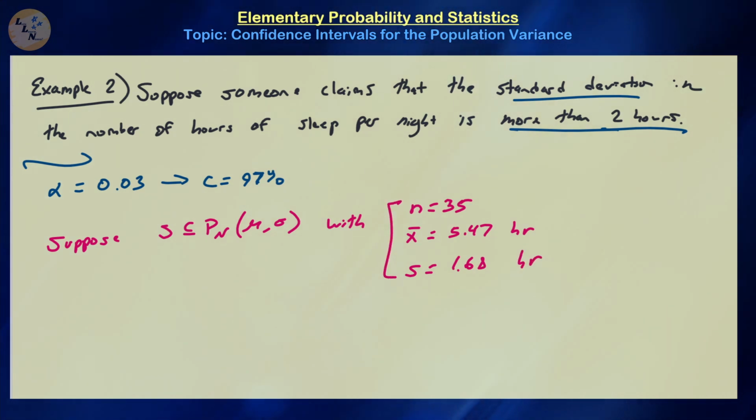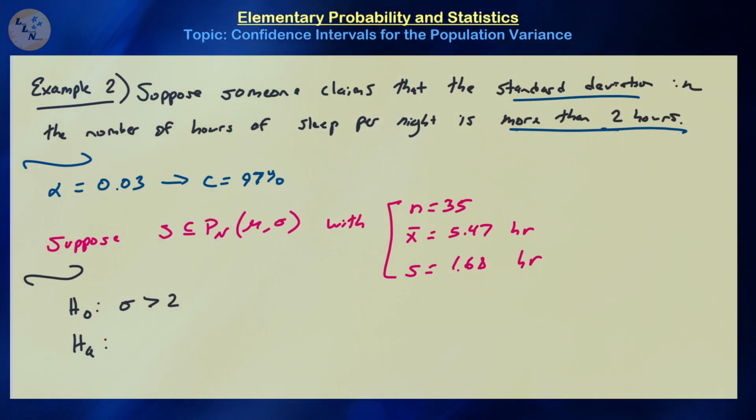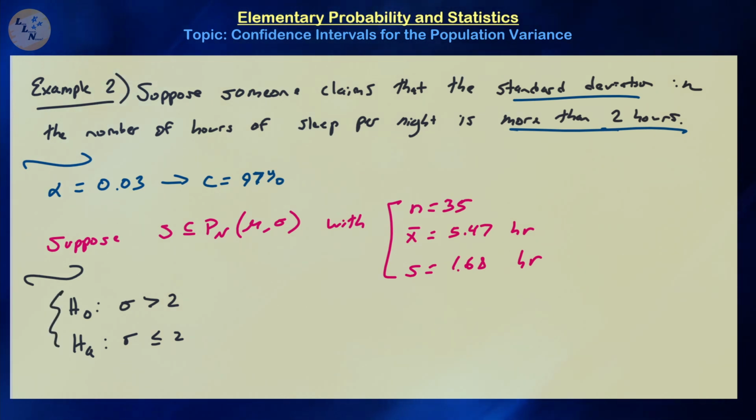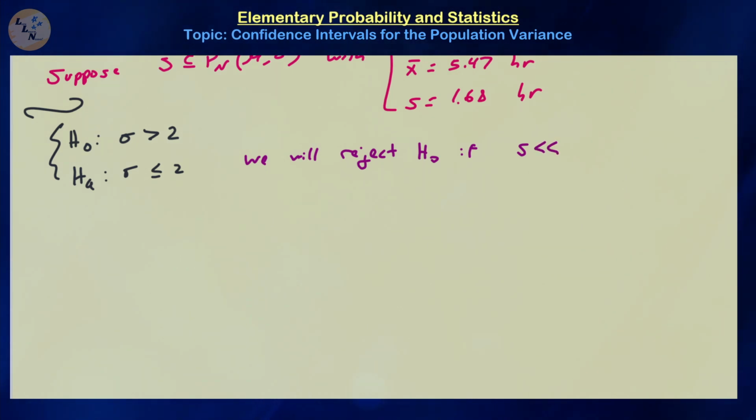So if this is the case, what would be our null and our alternative? The null hypothesis is that the standard deviation is greater than 2 hours. So the only reasonable way to go about testing this is using our one-sided alternative: sigma is less than or equal to 2, and of course greater than or equal to 0. So we will reject the null hypothesis if the standard deviation of our sample is significantly less than the claimed